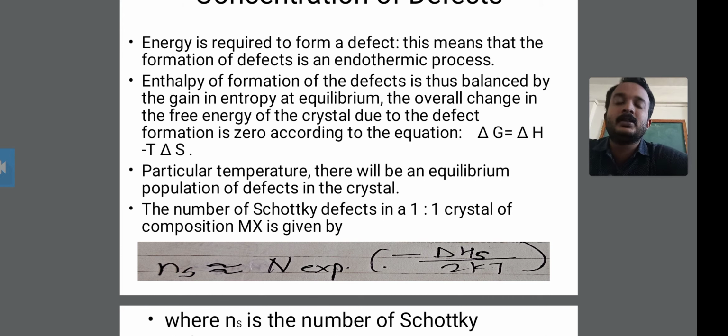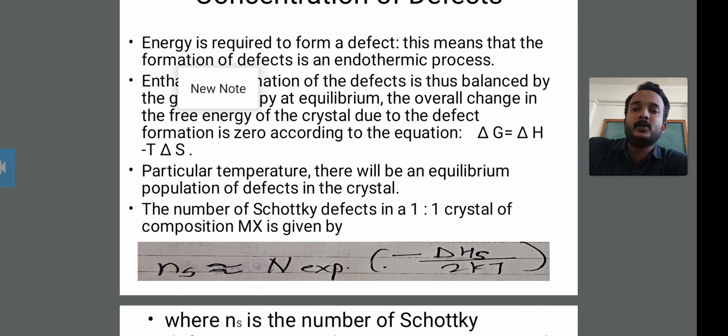Okay, this is the equation of the free energy. This equation is discussed in the SYBSc paper number one, which covers physical chemistry and inorganic chemistry. That is, delta G is equal to delta H minus T delta S. Okay, this equation shows that